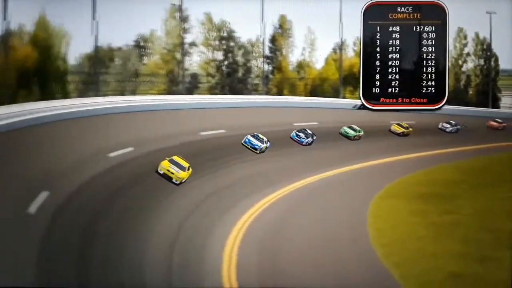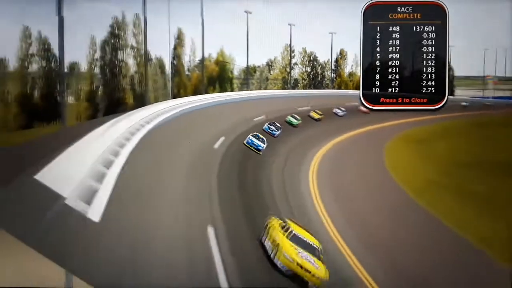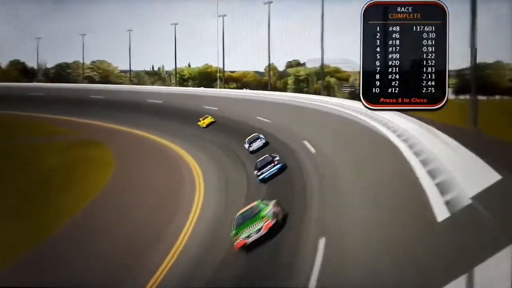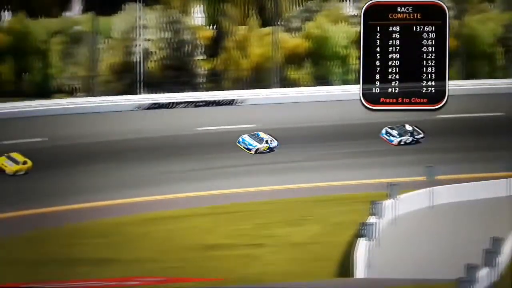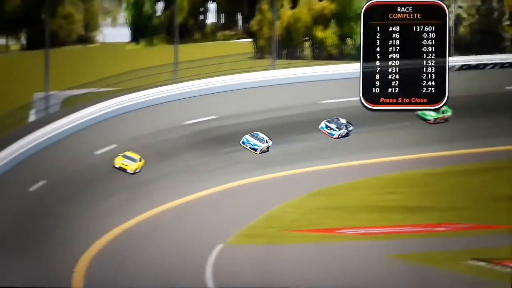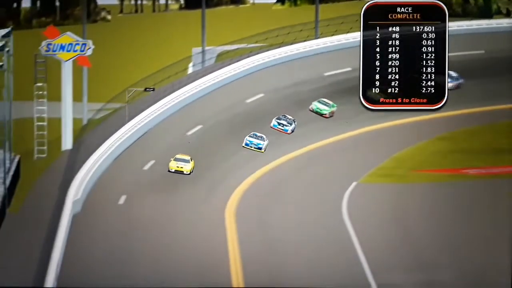Not quite sure why Tony Stewart went all the way on the high side to begin with. I mean, he had enough room between him and Johnson. Don't know why he went all the way up high. As the cars and pace car pull off into pit road,